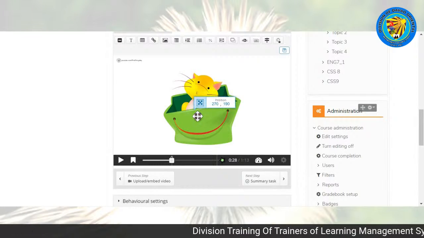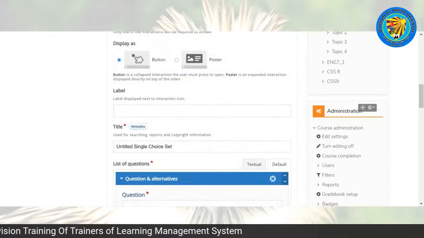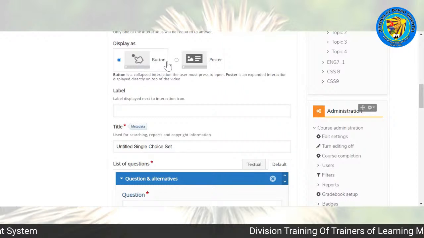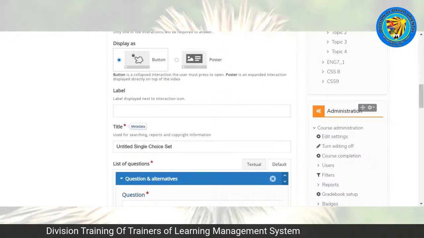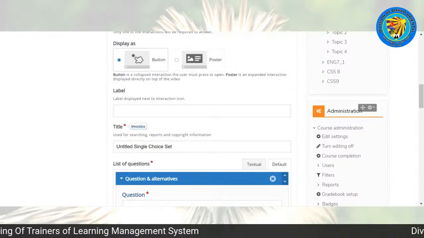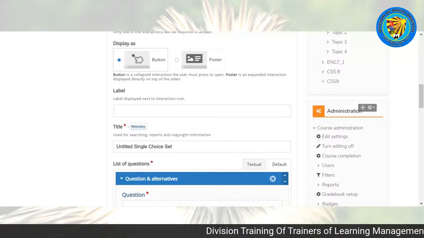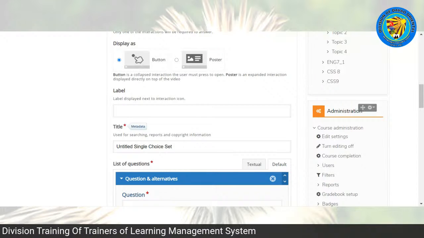So, i-drag natin siya kung saan natin siya gusto ilalagay yung question. Kung doon nila i-click, so, pwede mong gawin button, pwede ding poster. So, pero mas maganda, nakalagay siya for button. Okay. Next would be,